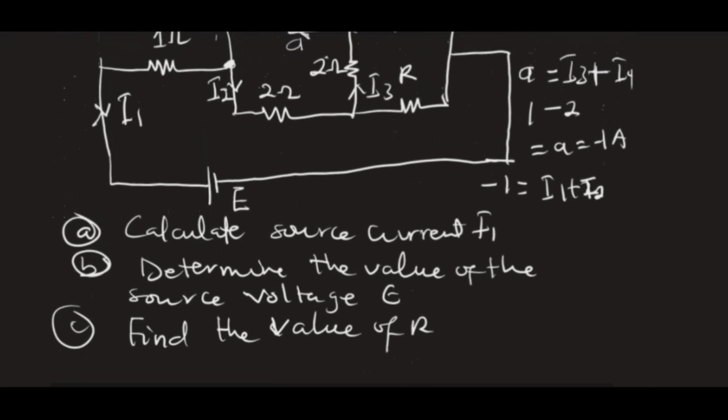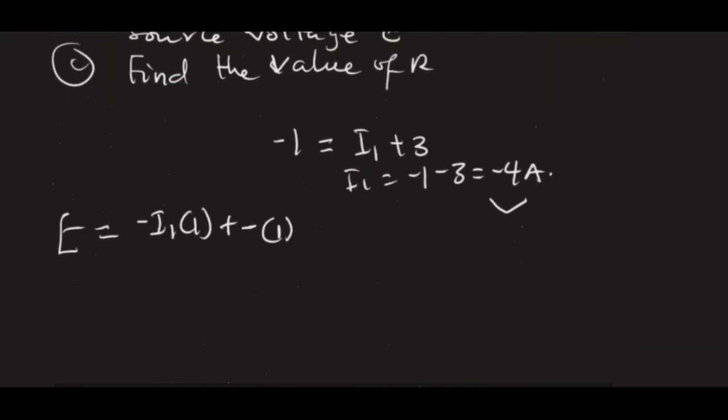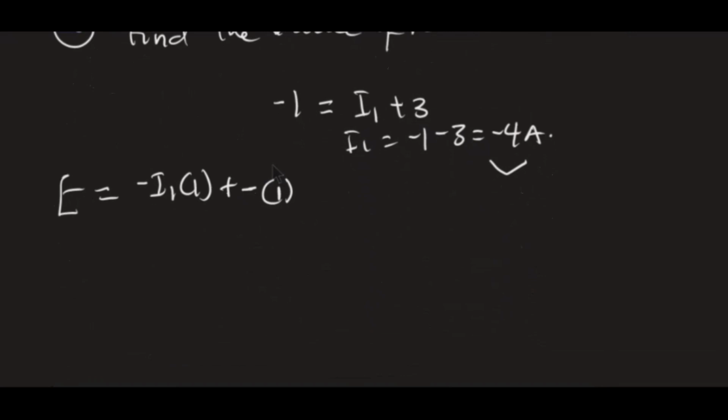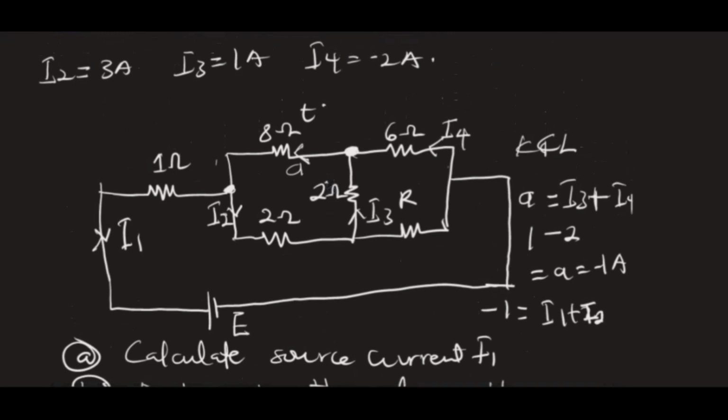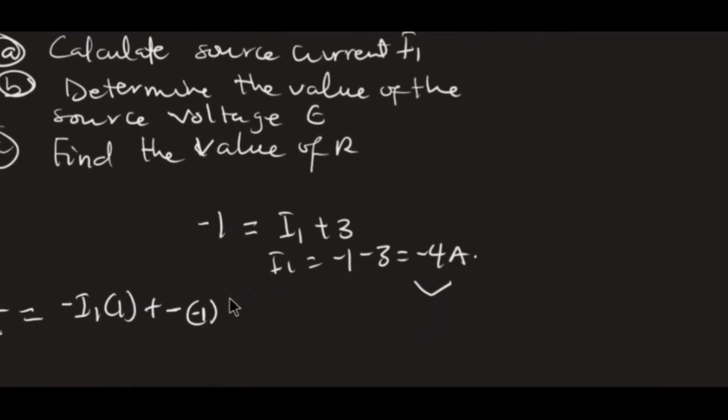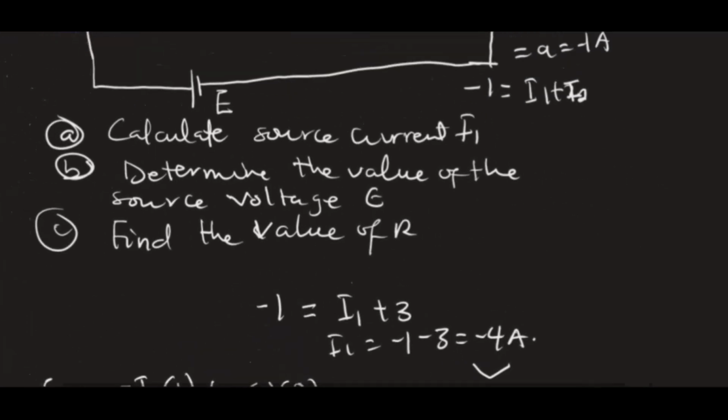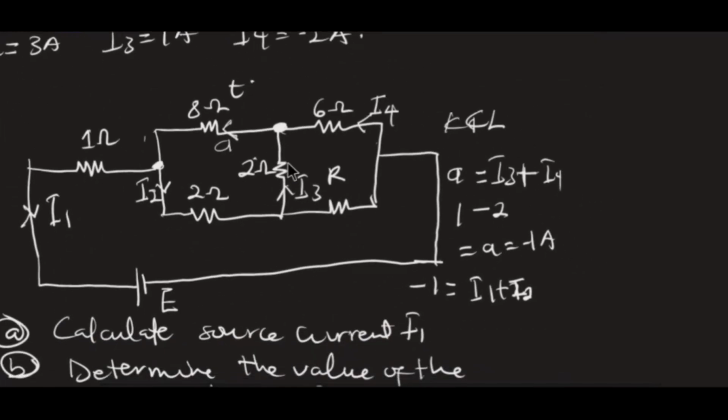So let's see, A itself is negative 1 ampere. Now we are moving in a direction which is negative. So plus negative of negative 1 ampere multiplying what? 8, right? So you multiply it by 8. Once you multiply it by 8, then we still move here, and in this direction too we are going to meet